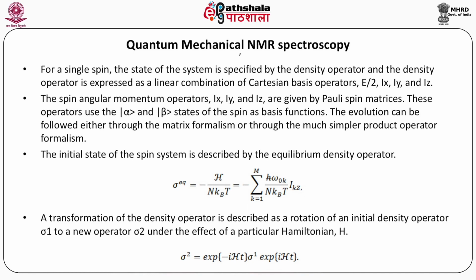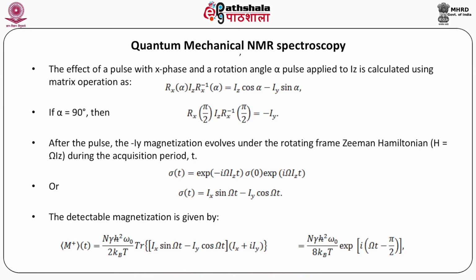A transformation of the density operator is described as a rotation of an initial density operator sigma 1 to a new operator sigma 2 under the effect of a particular Hamiltonian H. Sigma 2 is equal to exp(iHt) sigma 1 exp(-iHt). The effect of a pulse with x phase and a rotation angle alpha applied to Iz is calculated using